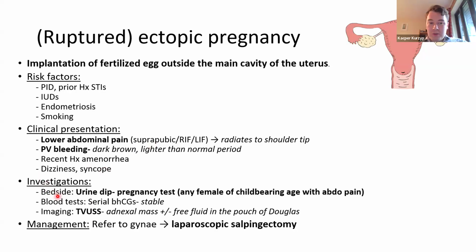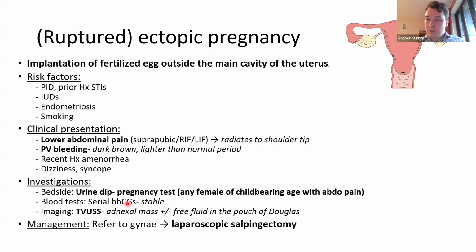Now, what you want to do is, as we've said, urine dip for pregnancy test. Again, female, childbearing age, abdo pain equals pregnancy test. Now, the blood tests, you will cover this more in year 5 when you do your women's reproductive health. You may want to consider serial beta HCGs, which will remain stable, but don't worry too much about it at